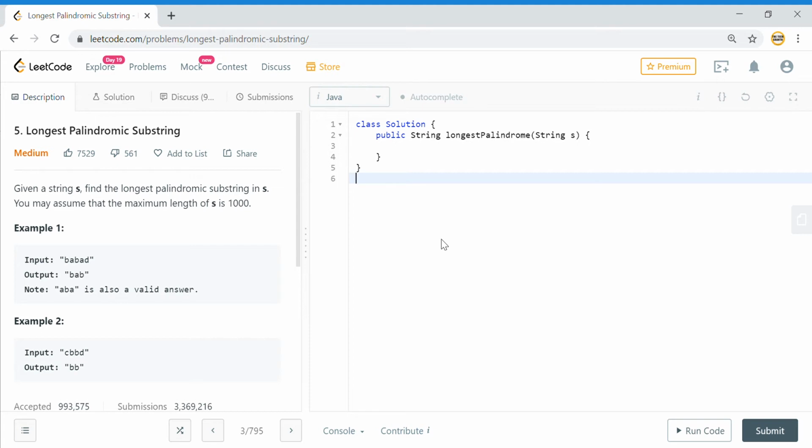So this problem is a pretty common problem and it is asked in a lot of interview questions. There are many methods to do it. I'll just show you one of the methods, which is the brute force method. In the brute force method, if I am given a string like this,